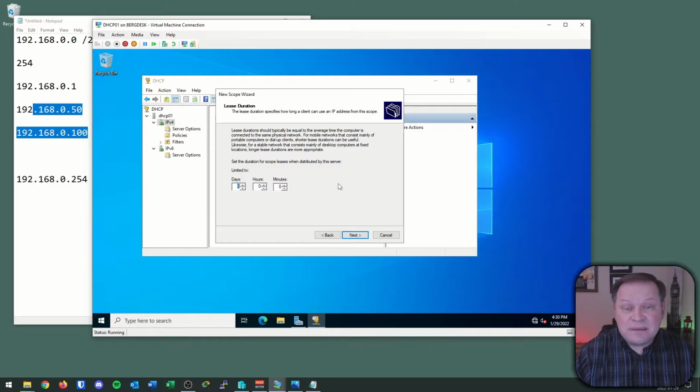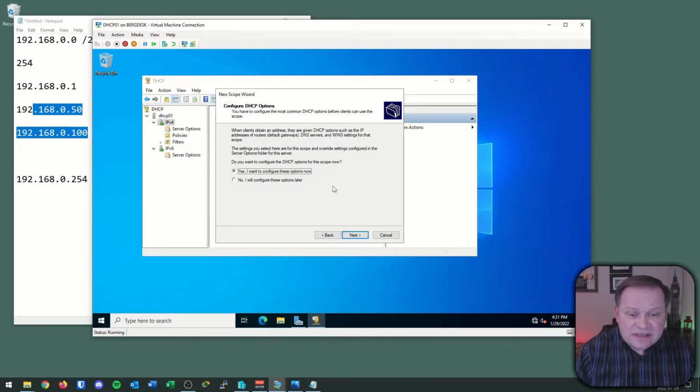But let's say, for example, you're providing a DHCP server that hands out client addresses in, say, a coffee shop. Well, we don't want all those addresses to be handed out for 8 full days when someone's just going to use that address for an hour and then take off, because the server will reserve that address for the entire duration of the lease. It won't hand it out to anybody else. You could end up running out of addresses in your pool. But again, just a simple test lab environment here. I'm going to leave the default at 8 days, and it now gives me a chance to add my additional